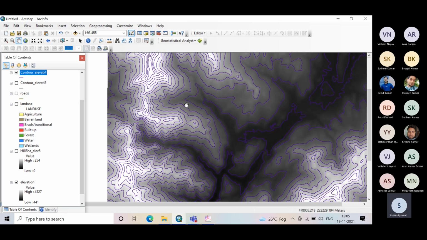But right now, wherever you are sitting, I think most of the students are in a planar region, so if you move a few steps from your current position, there will be no change in the elevation value. So that area will be represented by largely spaced contour lines, and where there is a slope, where there is a frequent change in elevation, it will be shown by closely spaced contour lines. Another thing,